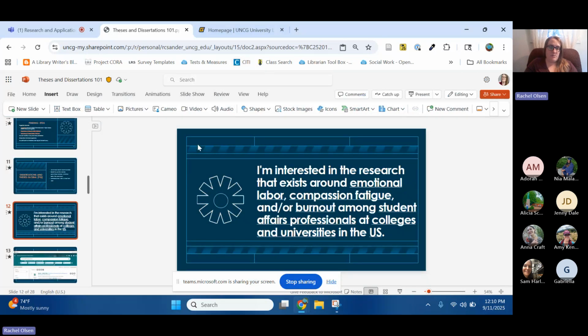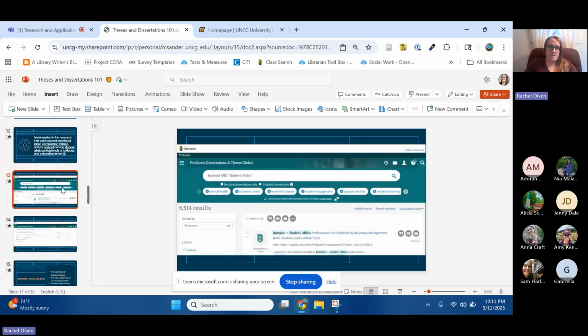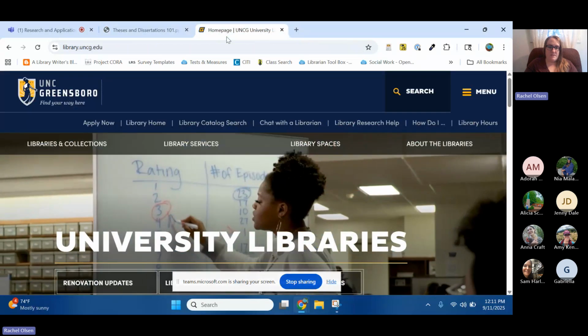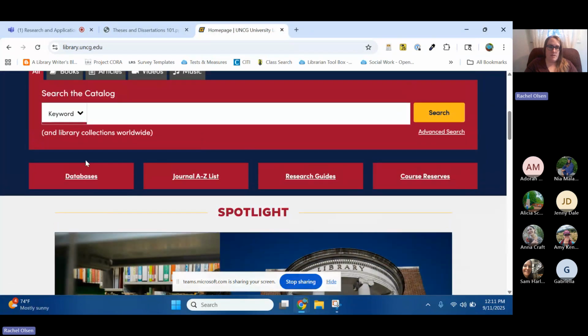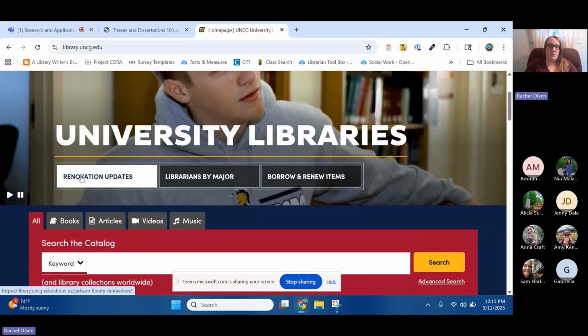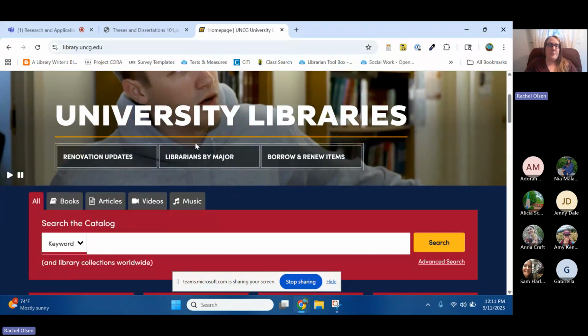There are a couple different ways that you could get to these databases. I have linked to some of them in the slides. I went ahead and put some of this in slide form because I saw that, of course, ProQuest is doing some maintenance on the database today, but we're going to see if it works. So if you go to